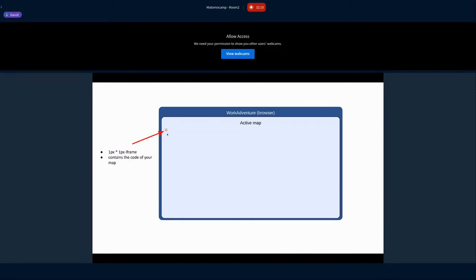So when you arrive on a map, what you don't see is that there is this tiny 1x1 pixel iframe that can contain some dynamic code that is going to be executed. And this iframe is going to communicate with WorkAdventure using what we call the post message API. It's a feature that is native in all browsers.